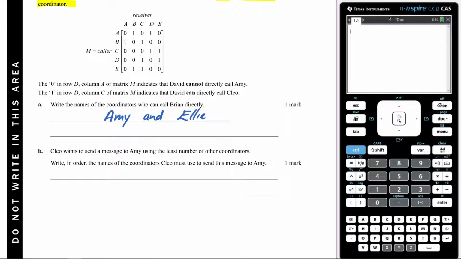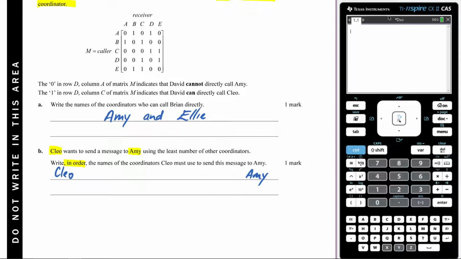All right, so now we're going to answer part B here. It says Cleo wants to send a message to Amy using the least number of other coordinators. Write in order the number of coordinators Cleo must use to send this message to Amy. All right, so we know that we're beginning with Cleo and we need to get to Amy using the least